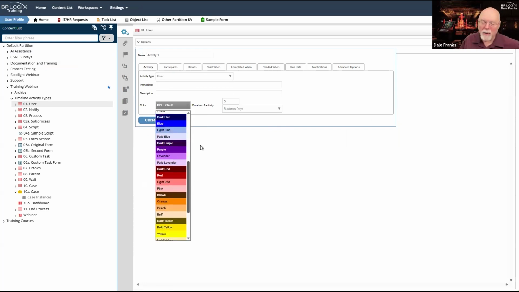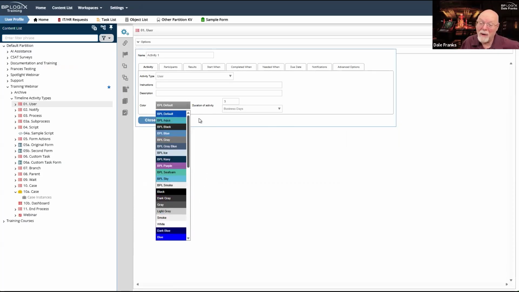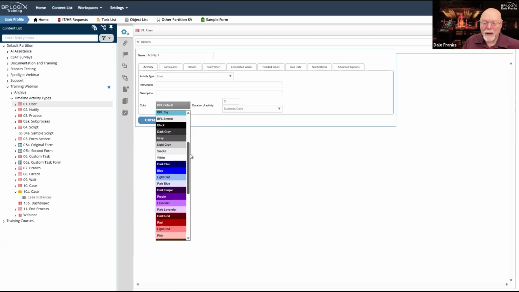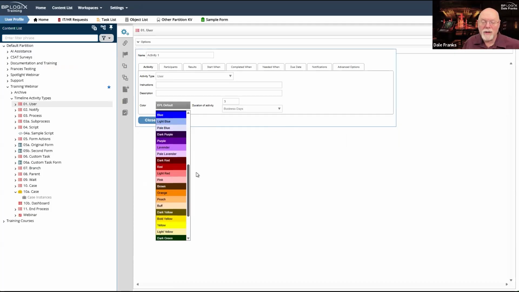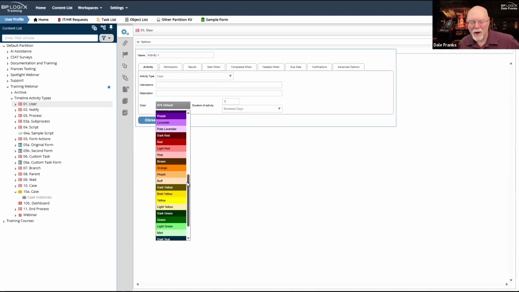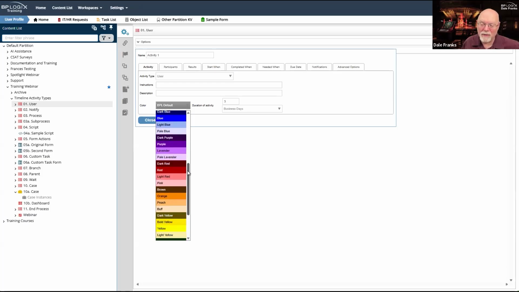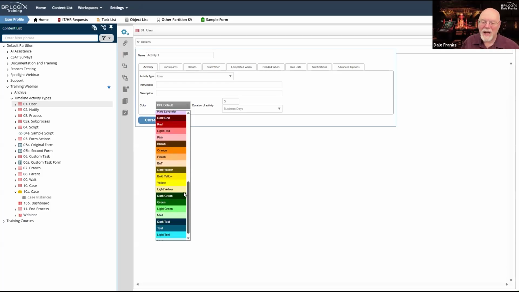I have an entire color palette that I created, which is now really only visible in this one drop down that's left in the product, to be sure that my foreground and background colors were all consistent in terms of accessibility compliance. So I need some dark background colors that look good with white text, and I need light background colors that are legible with black text. And so I have this entire setup of accessible color combinations.